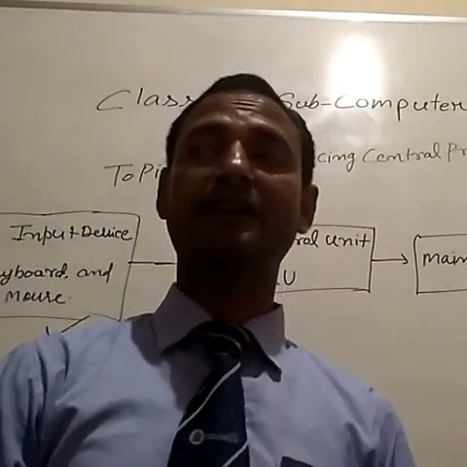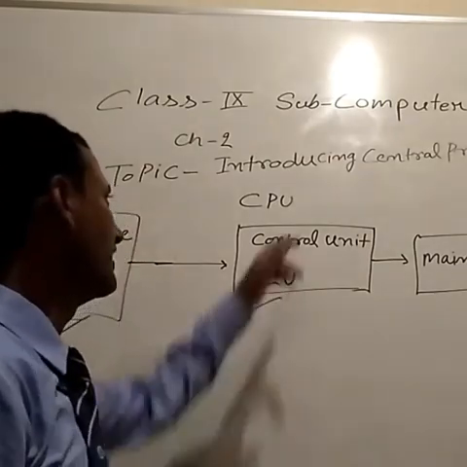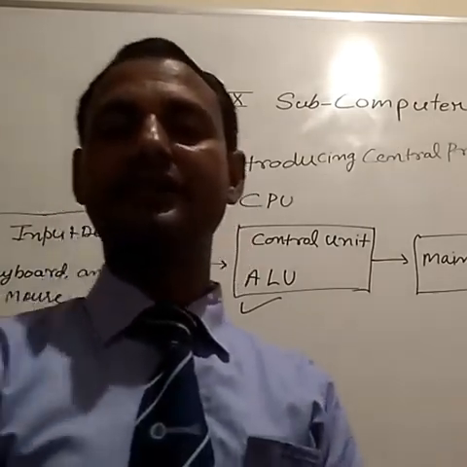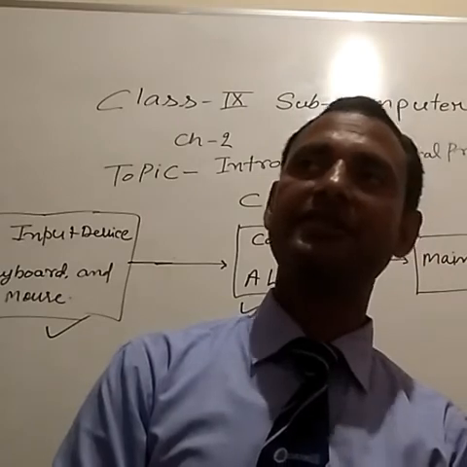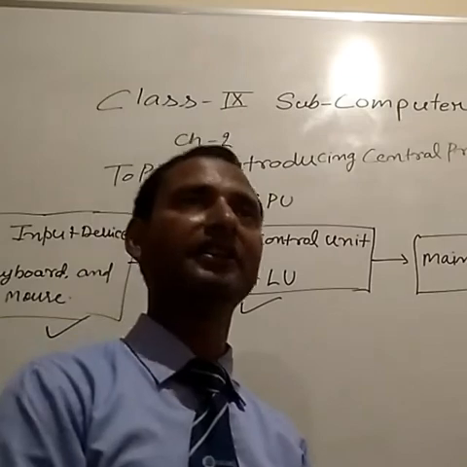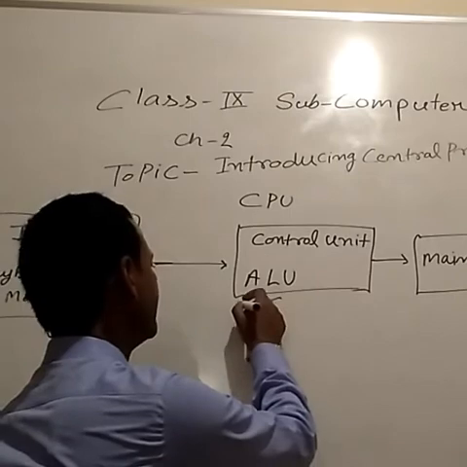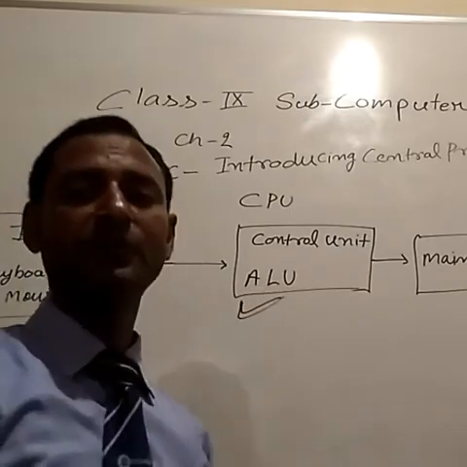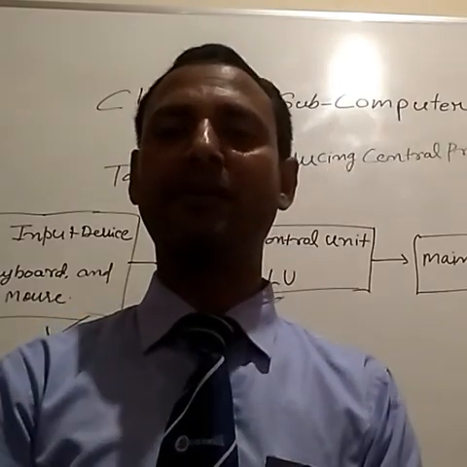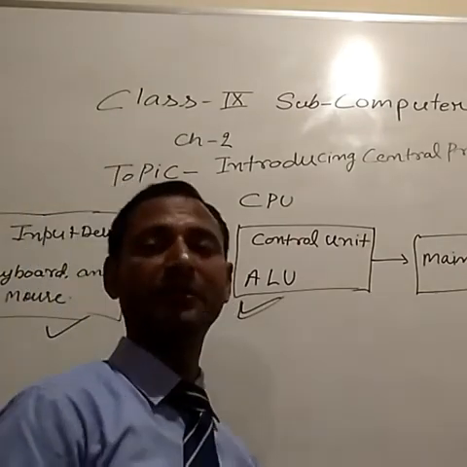After giving the instruction to the computer, it goes to the control unit in the CPU. Inside the CPU there are many components, and the CPU is present on the motherboard and is used to process your data. The control unit is a unit inside the CPU that controls all the operations and activities of the computer.